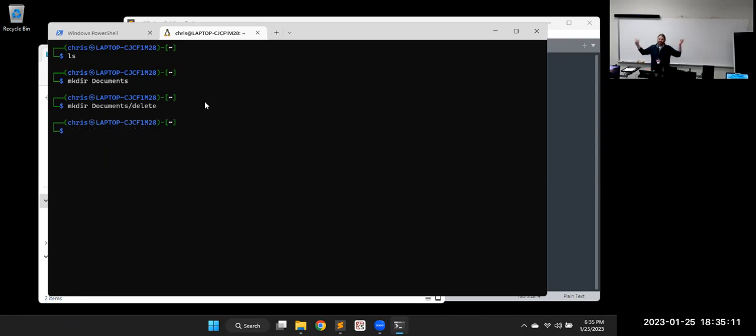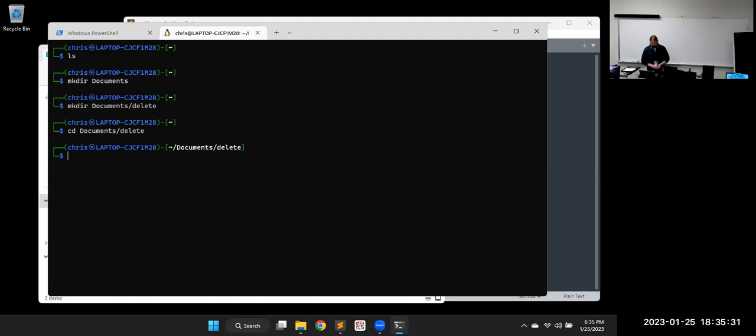I put that same working structure on all of my machines. So now if I change directory into documents, or sorry, CD into documents/delete, it kind of looks like it did the same thing.